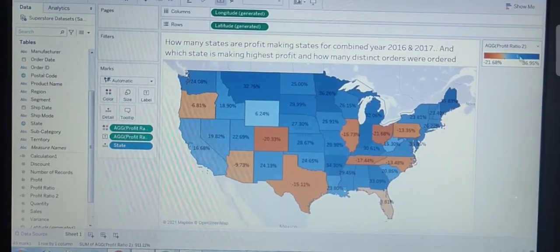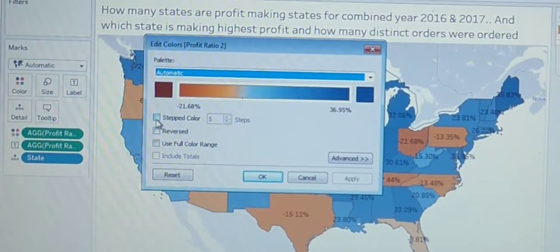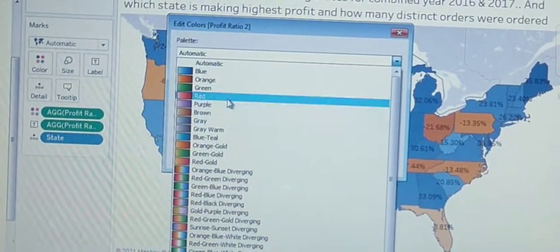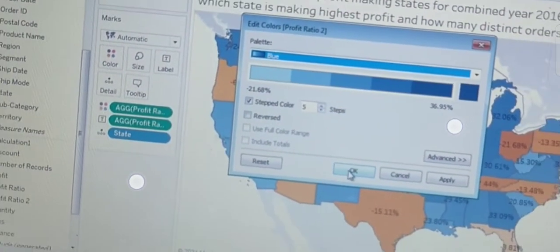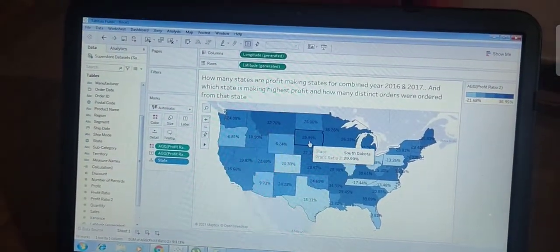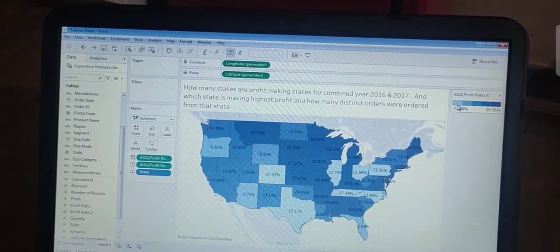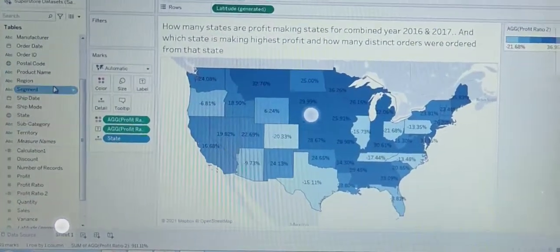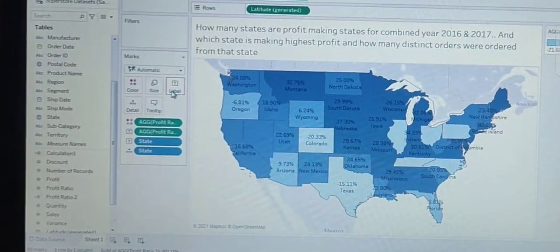Double click on the color shelf and then we can give steps, and we can select only one color from here as per requirement. For example, I just selected the blue color here, then click OK. So we can see the dark one is showing the highest profit and the light one is showing the lowest profit. And now we can drag the state into the text